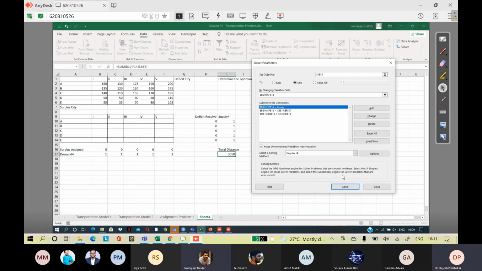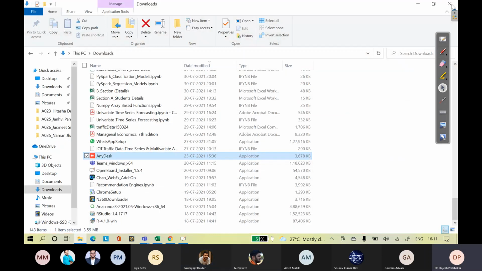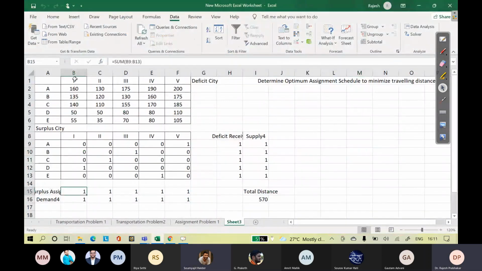No, sir. These are your sum functions. You might have missed this one. That's why you're getting zero. You should be getting ones here. Sir, that will happen after solving, no? But initially, you forgot to assign the sum functions. Now first assign the sum function, also for the deficit. You have to recalculate the whole thing.